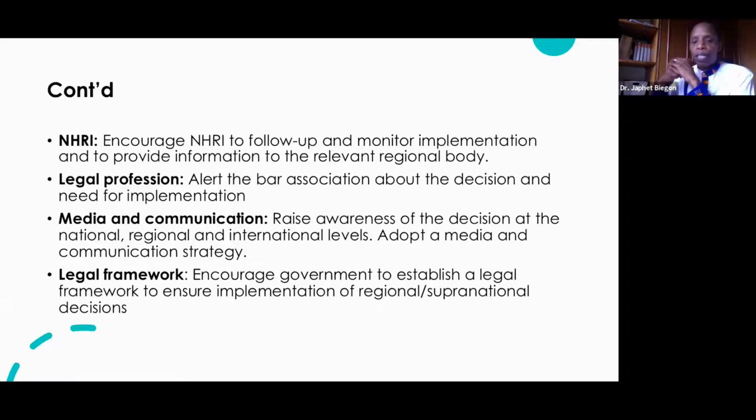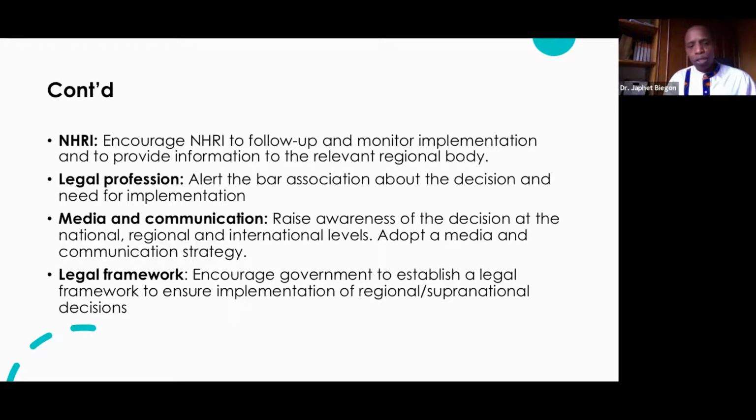And this is connecting publicity, not just at the domestic level, but also at the regional and the international level, and bringing the case to actors beyond the state, but those that have influence on the executive branch of the government. And here it's important to adopt a media strategy or a communication strategy that lays out what needs to be done when, for instance, during the first anniversary of the issuance of a decision, it is often good to create some buzz around that first anniversary of that decision,